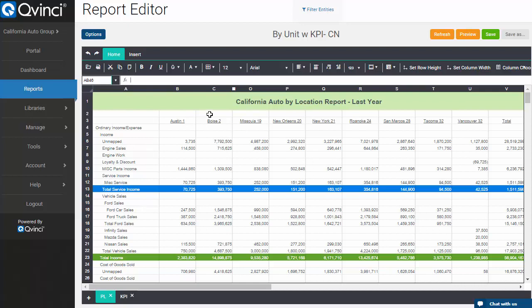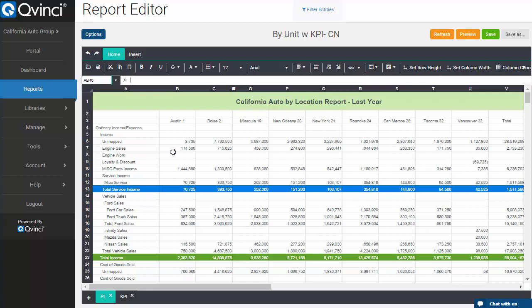So when this report runs, it'll automatically populate the name of the client and the number of locations that are part of his ecosystem. If he's got 2, he'll have 2. If he has 10, he'll have 10 in this case. And you can see we're consolidating over here on the right side. All this happens in a matter of milliseconds.